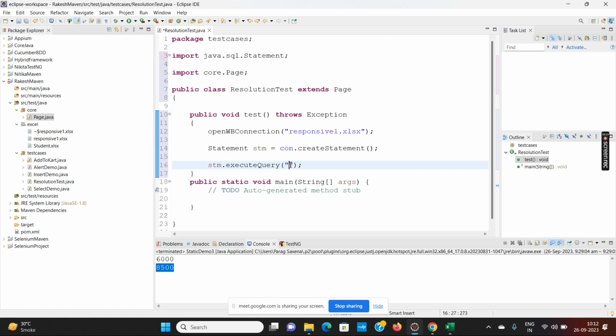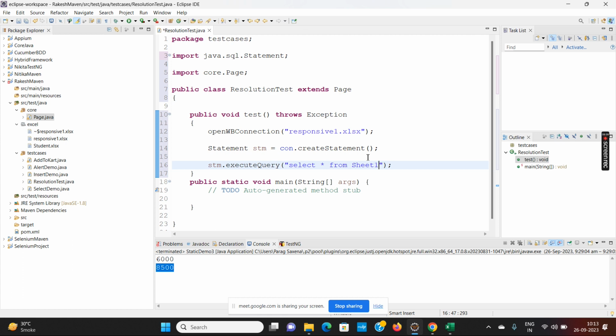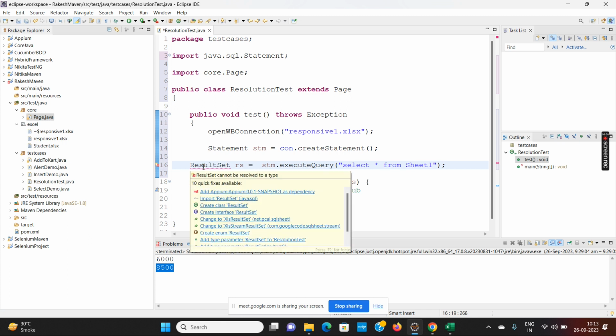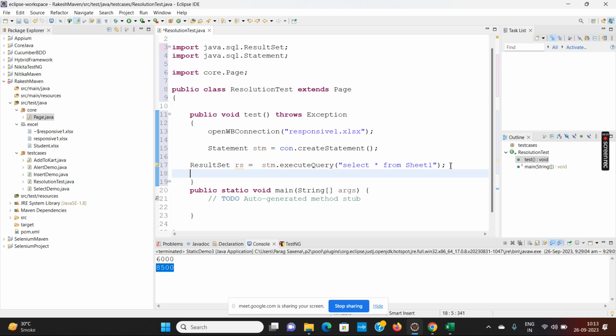To select the data: select star from sheet1. This is sheet1. So select star from sheet1. I will get the reference of ResultSet, which I can import from the SQL package. And then